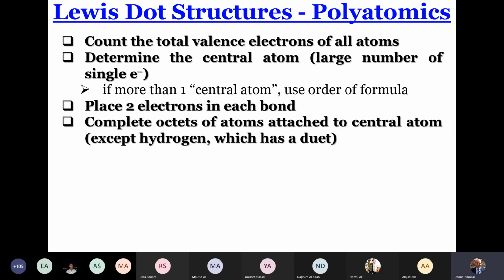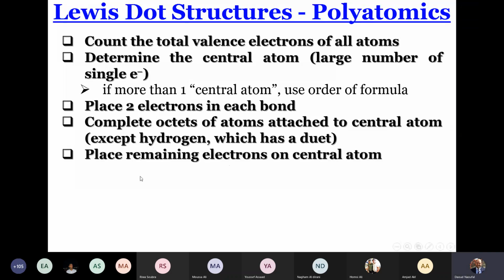I have to join A to B, so I need 2 electrons. B to C, I need 2 electrons. So the remainder is 16 minus 4. I have 12 electrons remaining. The remaining electrons will be distributed on the outer atoms in order to have the octet rule, or to have orbitals completely filled. When you fill the outer atoms, if you still have remaining electrons, you put them on the central atom. I will do an example in order